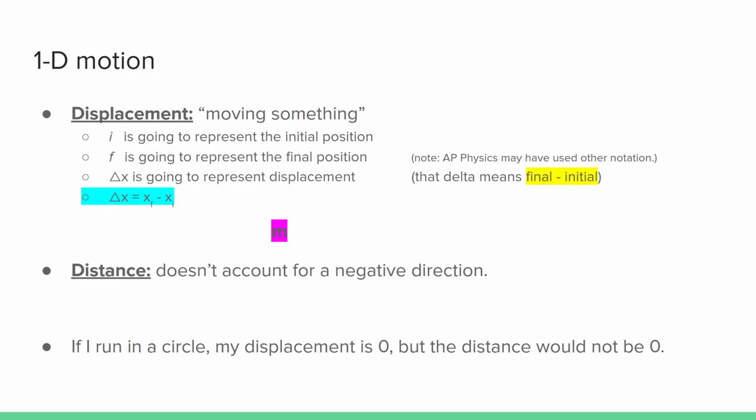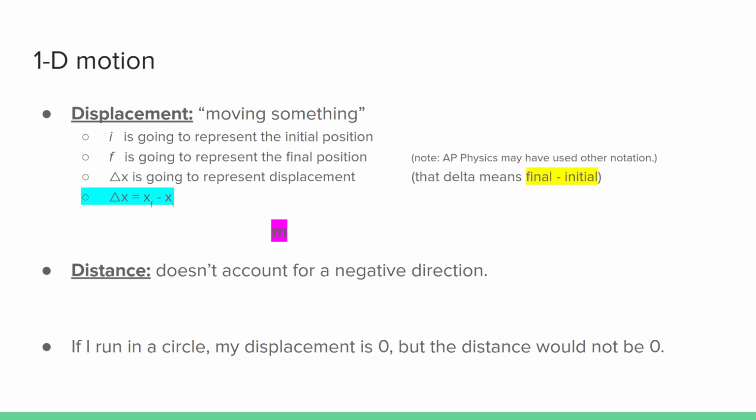We're going to start out with the first one of the three, which is going to be displacement. Displacement and distance are not the same thing, though they're similar, but it's kind of one of those things like, you know, a square is a rectangle, but a rectangle isn't a square.